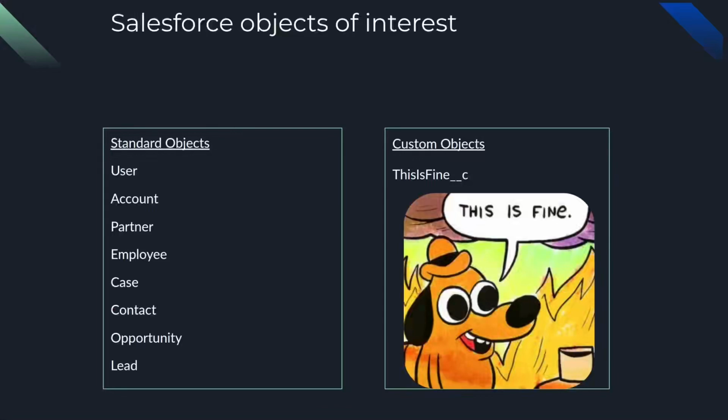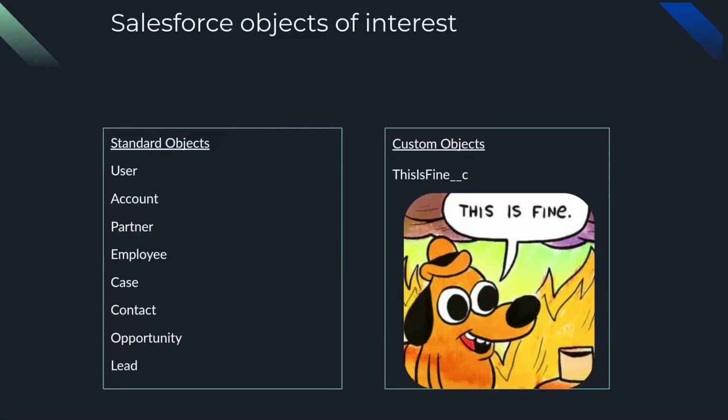Salesforce objects of interest. Alrighty, so standard objects of interest are the user object, account object, partner object, etc. Pretty much everything that has to do with the business, like the business assets or company employees and all that good stuff. So with these objects, there's a lot of potential for PII leaks,